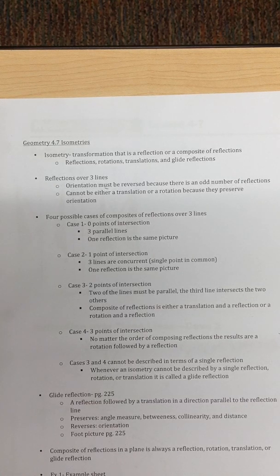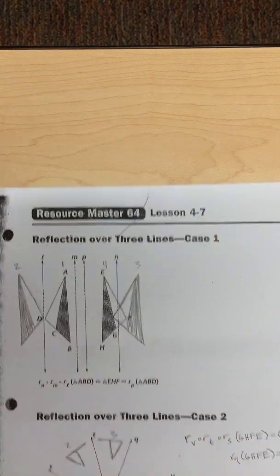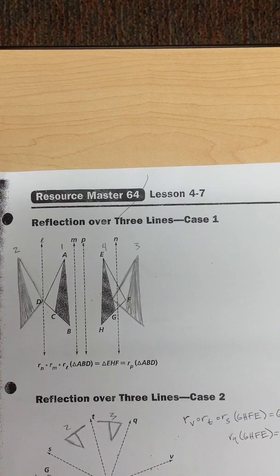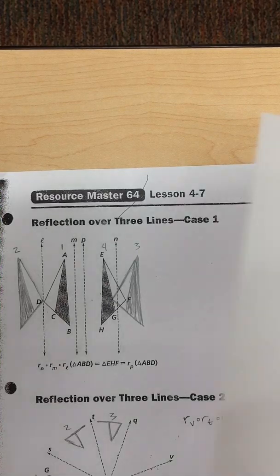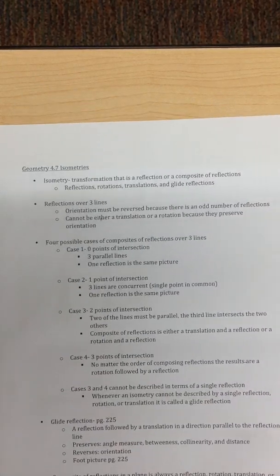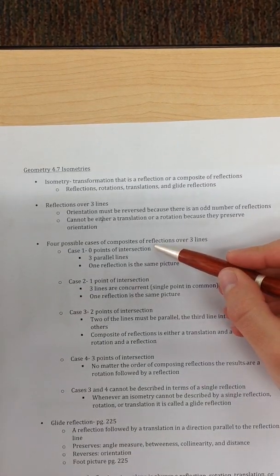Okay, so what we're going to do is look at four possible cases of different situations we could have when we're reflecting over three lines. They're classified by how many points of intersection they have, and there is a little printout for this as well, so it should look something like this. You would want to print that out or have that somewhere so you can make reference to it while we're talking about this. Okay, so the first one here is case 1, where it would have 0 points of intersection,